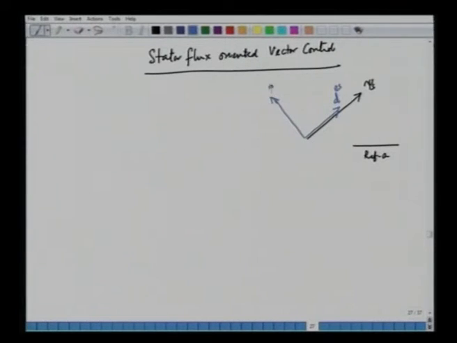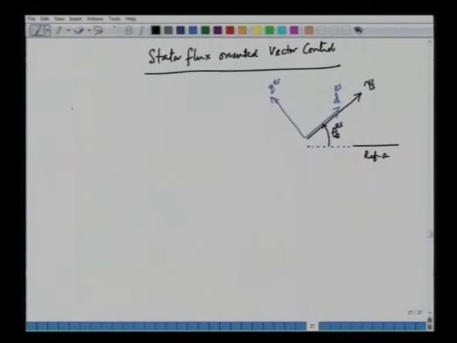So, this is our qEs, and this is the reference phase A axis, and this angle is theta Es. This is the angle of the stator flux vector with respect to the stationary phase A axis. Because of the orientation, we can directly say that psi ds E is equal to psi s, the total stator flux vector, and psi qs E is equal to 0. Due to the proper orientation, there is no component along the q axis,